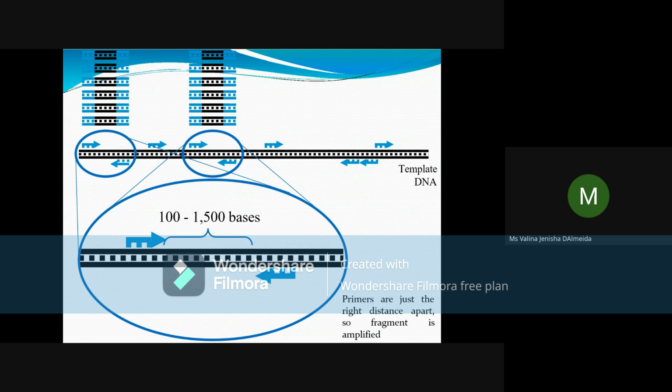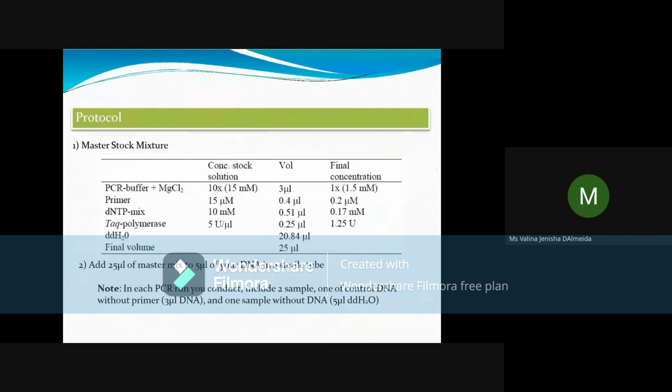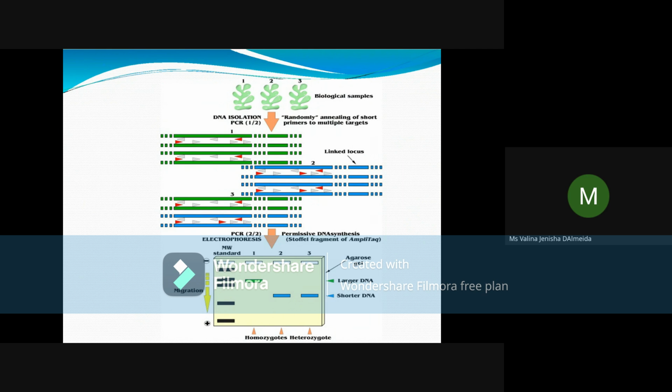Now, what exactly is required in your protocol? You just need bacteria strains. For those strains, you need to have your buffer, magnesium chloride, primer, and then you have your dNTP mix, Taq polymerase, distilled water, that is molecular grade water. So this will be added to the entire master mixture. You will be adding 5 microliters of your DNA, and then